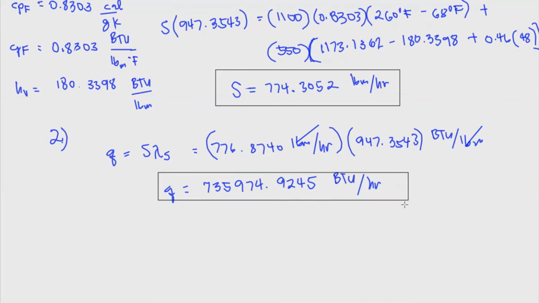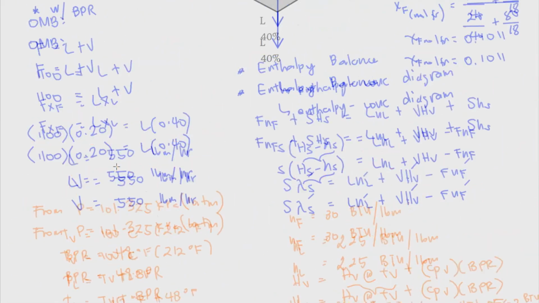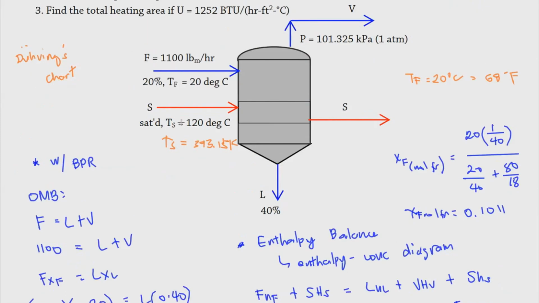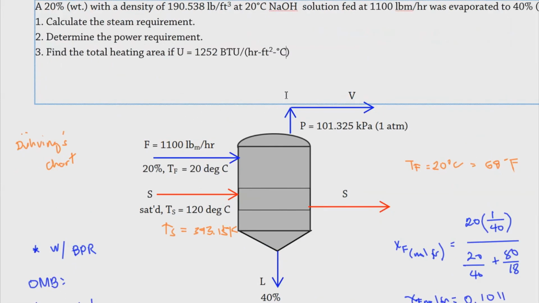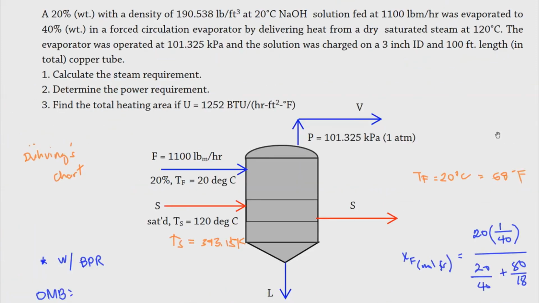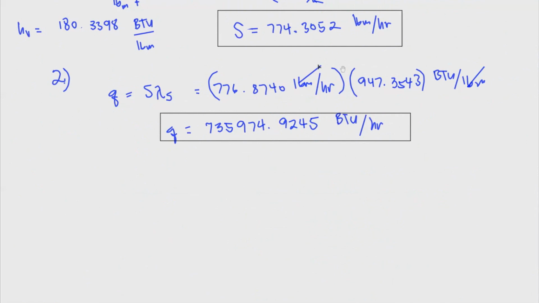And basically this power requirement is actually supplied by the steam. Now, for the last one, we have the third question: what is the total heating area if U is equal to 1252? Actually, this should be Fahrenheit. My bad. Let me just fix this. Okay, so going back, we have this 1252 U, which is actually the overall heat transfer coefficient. So for number 3, we have U is equal to 1252 British thermal unit per R, and then that's feet